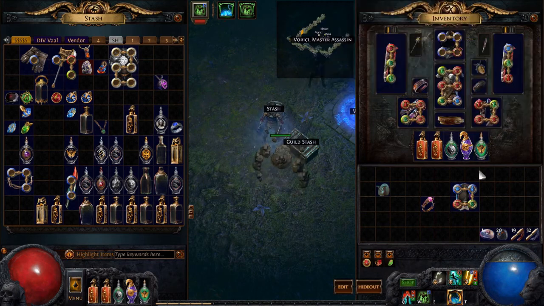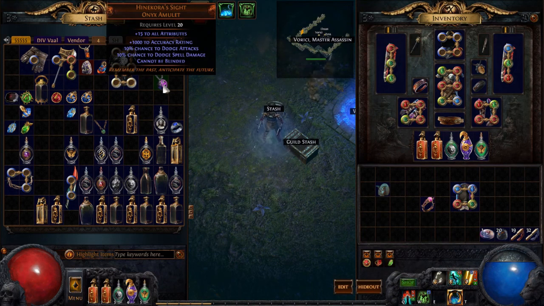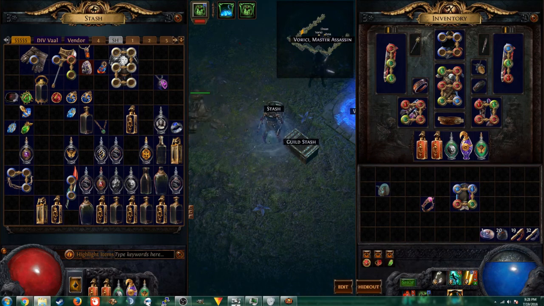I am resistance capped, and I should just be able to throw on this. If I need to, I can put on the Hinakora's Sight for additional accuracy, but I'm thinking I won't need it against Uber Izaro. I'm hoping the Ming's Heart and the Abyssus will be enough. I will try to go for max keys tonight,